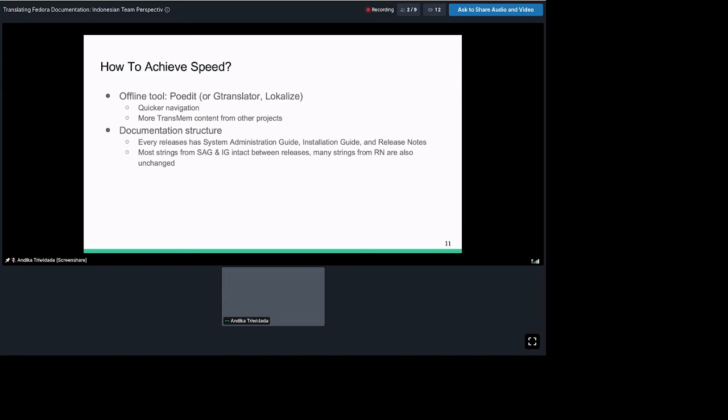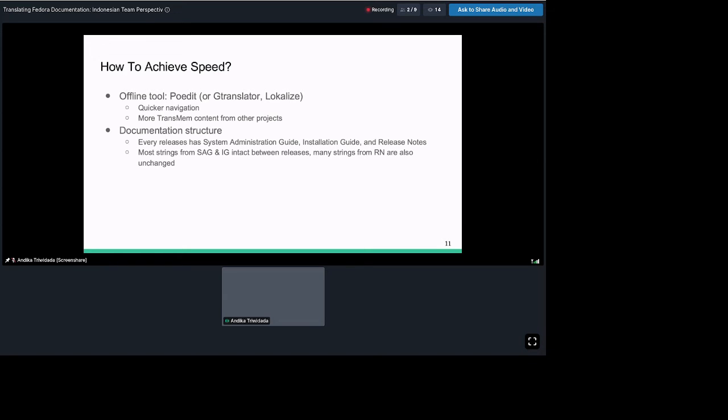Usually between releases, the system administration guide and installation guide have many strings that are exactly identical between releases. So if you know how to do it, you can copy between releases.